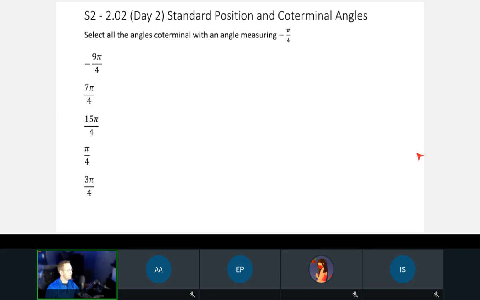Emily, I think you meant negative 9 pi over 4, right? When I typed it in, I got 9 pi over 4. I probably typed it wrong. Hang on. It's not one of the choices. That's why I ask. Yeah, that might be true, but it's not one of the choices. Okay, now I got 7 pi over 4, so I must have just mistyped it.